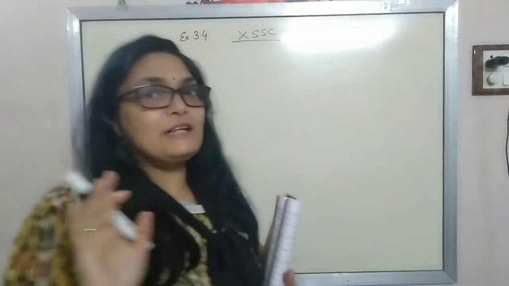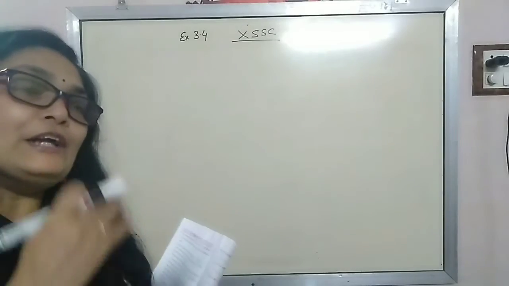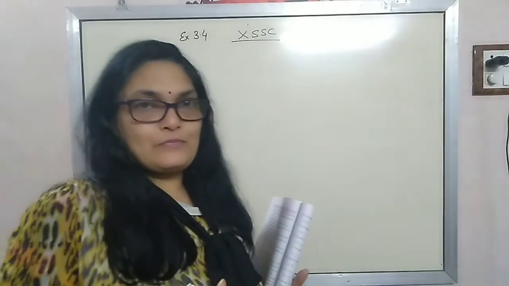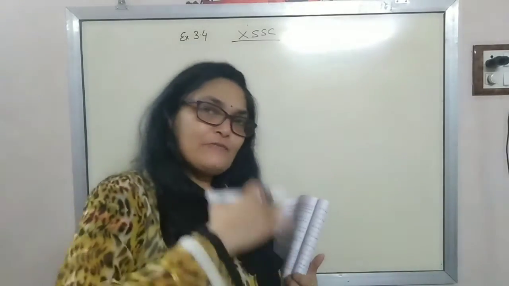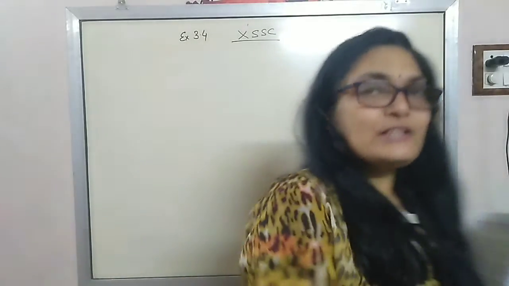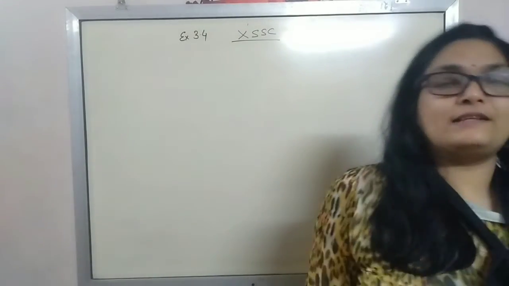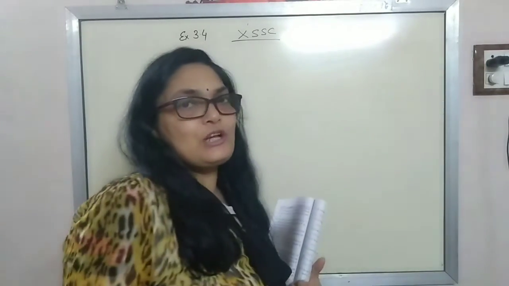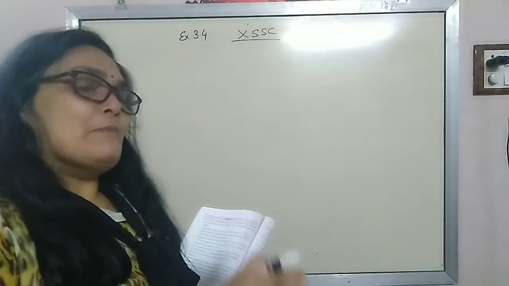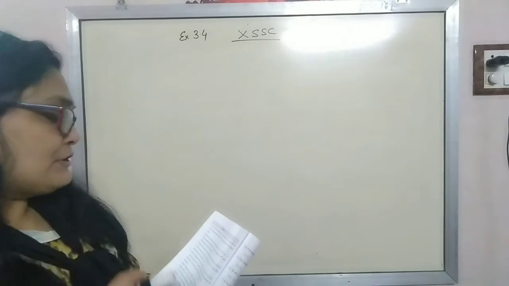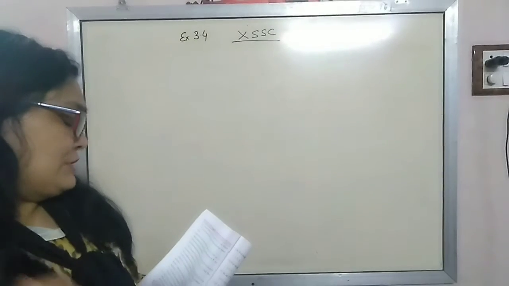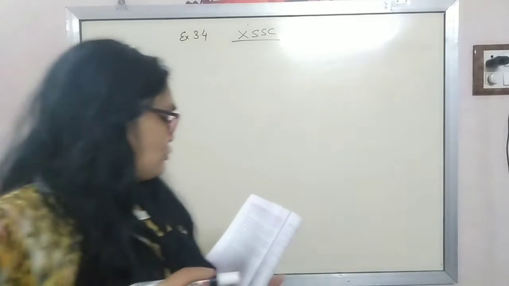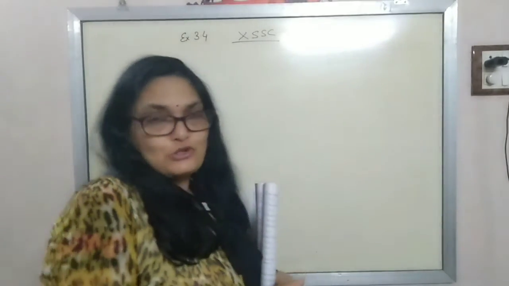But he is saying मैं एक साथ नहीं दूंगा. I am going to give you in 12 monthly installments. And my installments will be such that every next installment will be 40 rupees less than the previous one. मतलब हर महीना में 40 रुपीज़ डिडक्ट होता जाएगा. लेकिन in 12 months this man will be able to repay 8,000 plus 1360. They are asking you to find the amount of the first and the last installment.